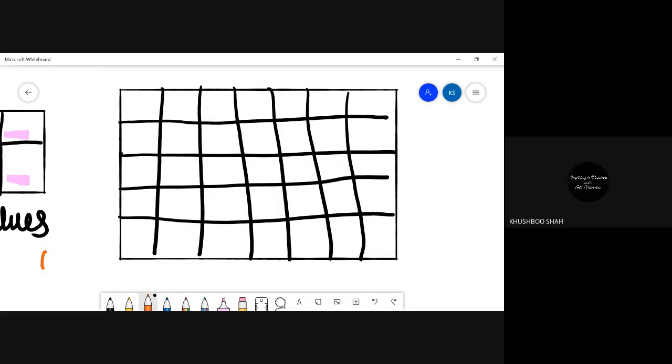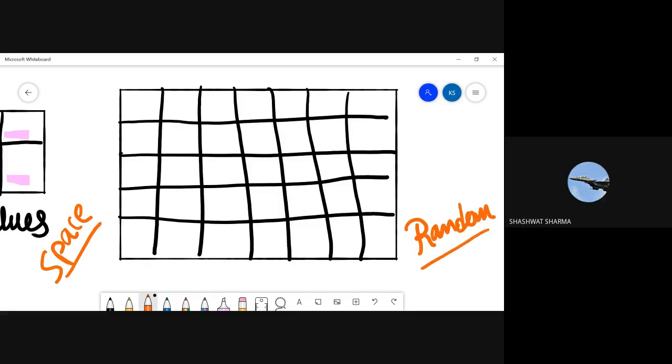Means wherever it will get the space. Or in other words, can I say random? Yes, ma'am. Random locations. For example, A might be over here, or B somewhere here, C somewhere here, D somewhere here. It might be possible.